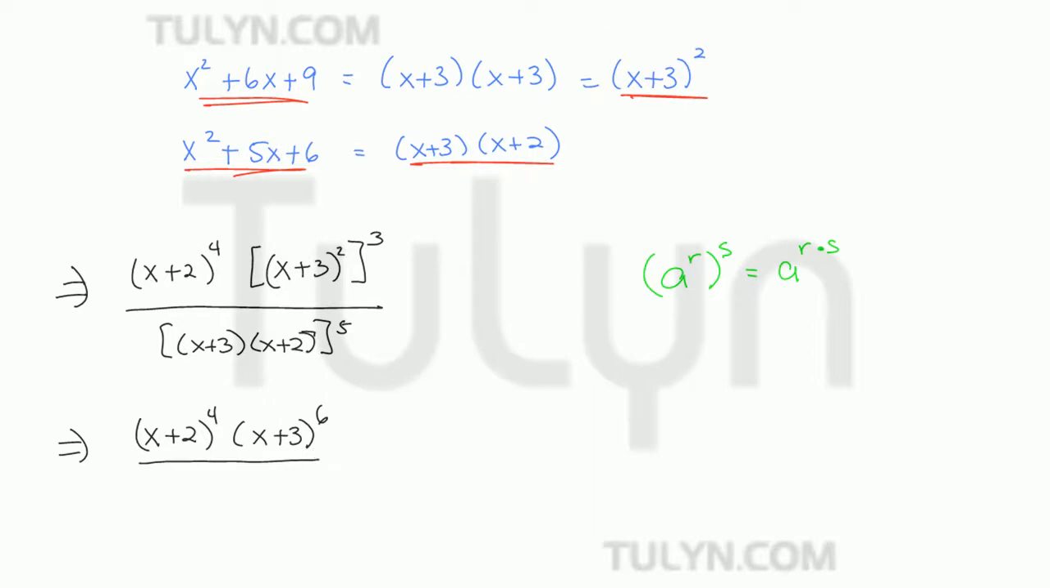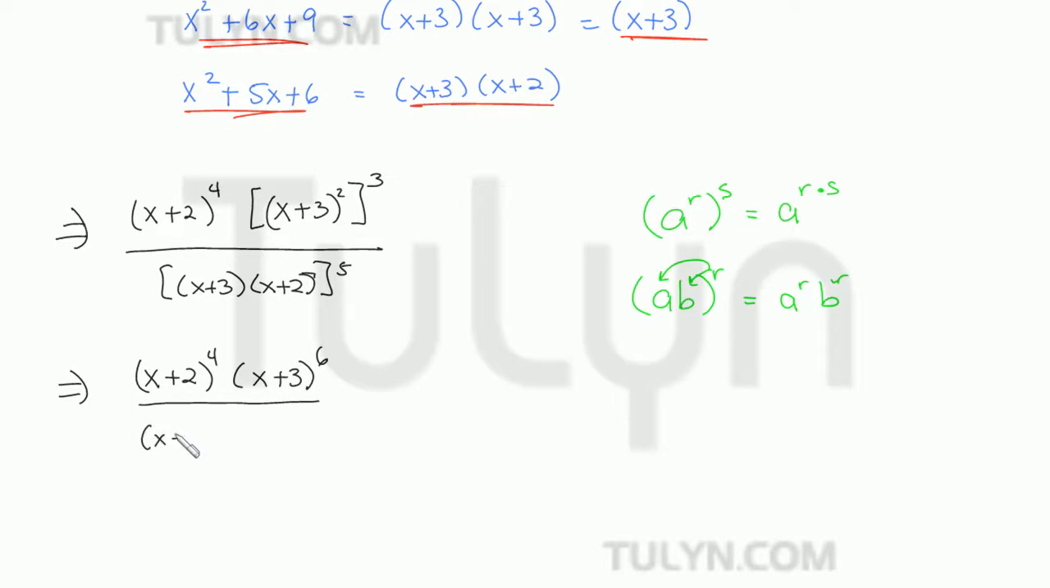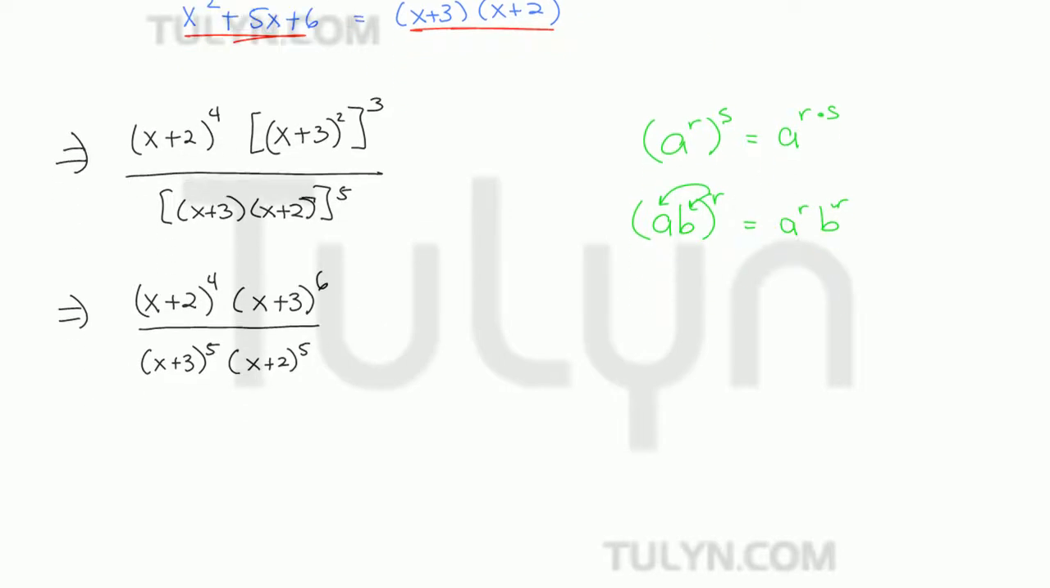And then for the denominator, you can think of this as the exponent rule where you have (a·b)^r. The exponent distributes over the product, so this becomes a^r times b^r. So in the denominator, we get (x + 3)^5 times (x + 2)^5. Now we are not quite done, because notice that